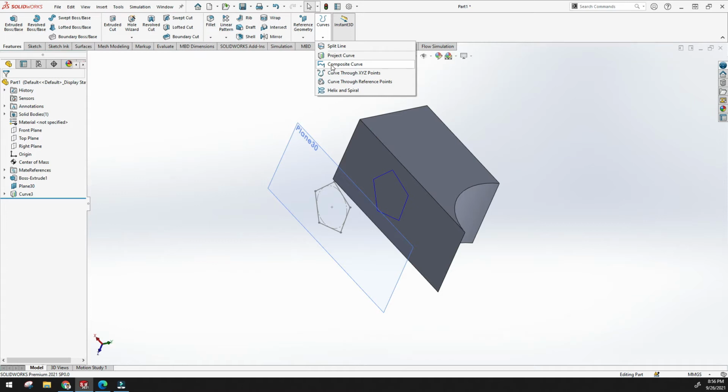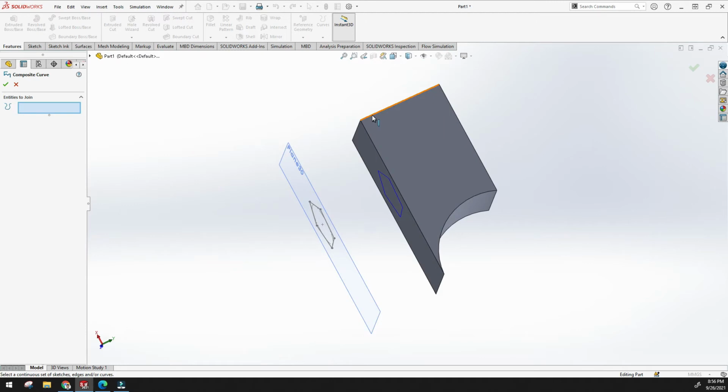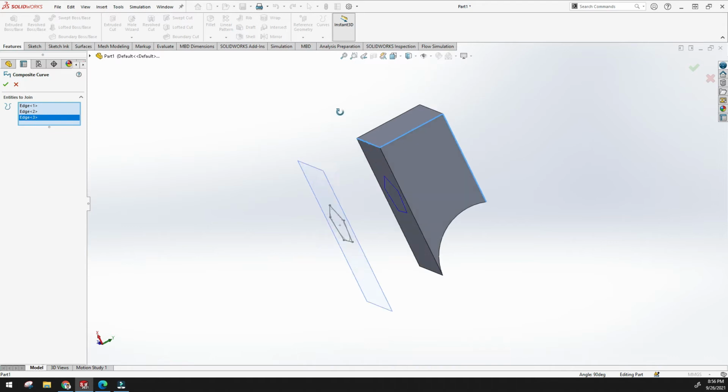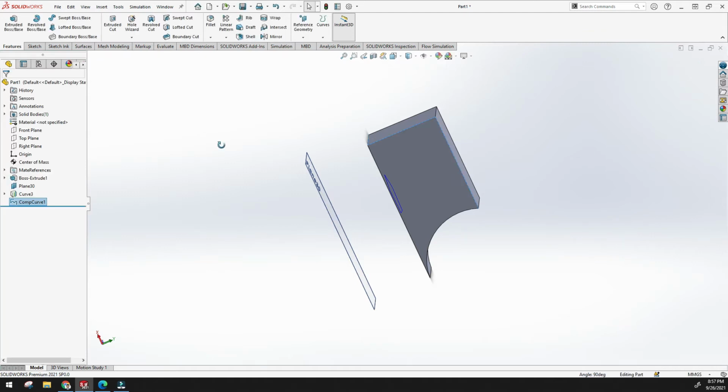Now I want to use the composite curve. So how to use this composite curve? Just select the composite curve, and you can see this line is a separator line, right? If you want to select these lines and make them into one, it is easy.